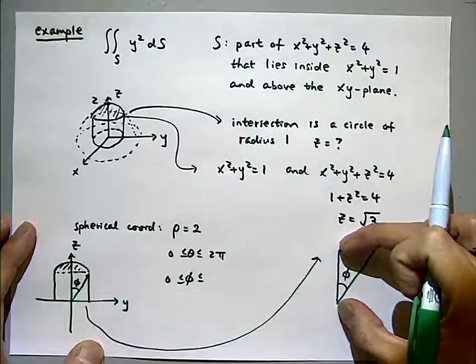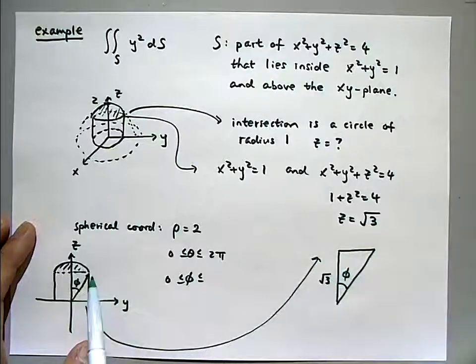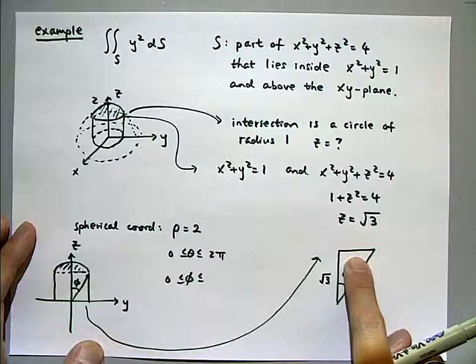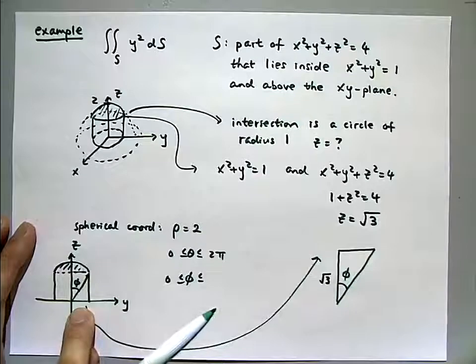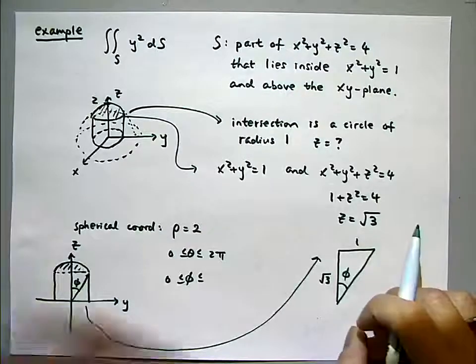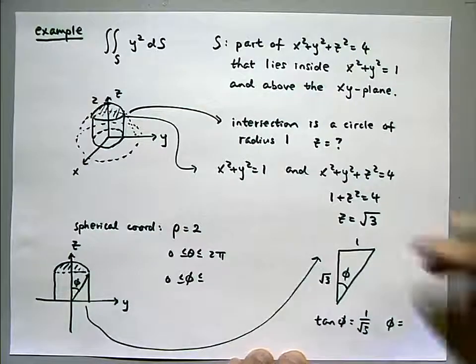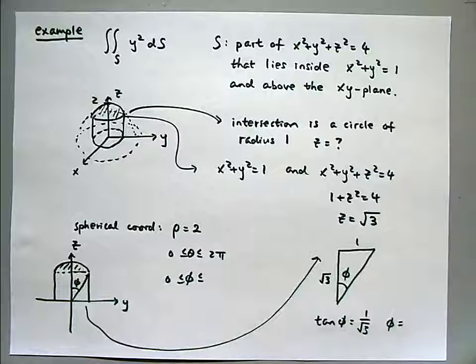How high is this vertical segment? √3, right. That's the intersection of the sphere and the cylinder. So that's √3. How about the horizontal one? 1. That's the radius of the cylinder, right? So that's 1. So now you can figure out phi, taking an arctangent. Tangent of phi is opposite over adjacent. And this is clearly an angle that's less than 90 degrees. So an angle in the first quadrant with a tangent of 1 over radical 3 is